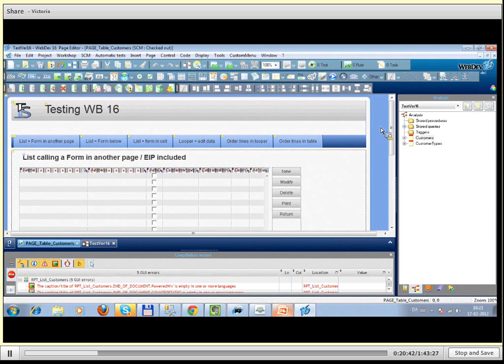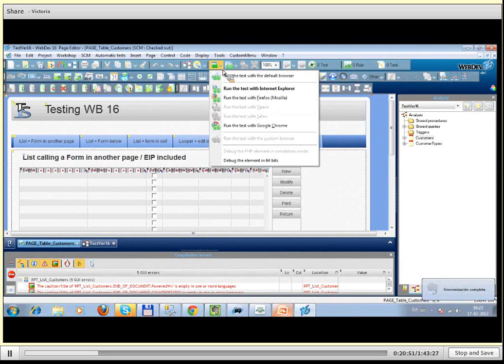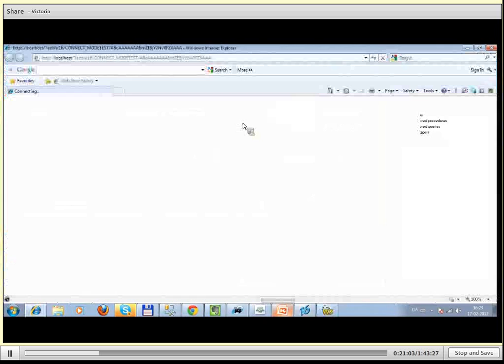But here in WinDev, you can test individually each page or each window if you want. Just have to go here, and well, in this case, since we are working with a web application, we can choose which kind of browser we want to use for the test. And